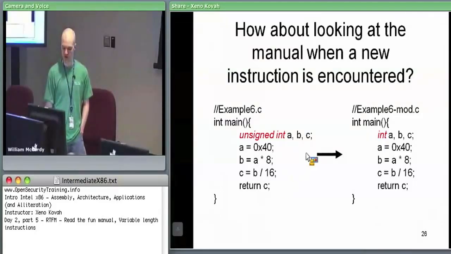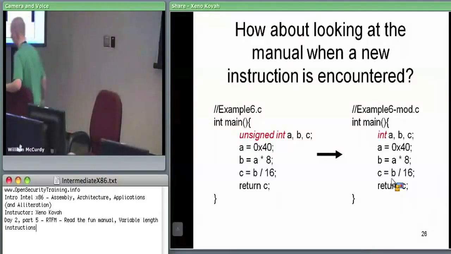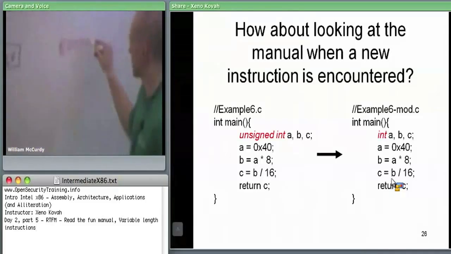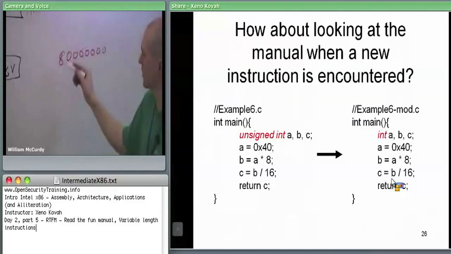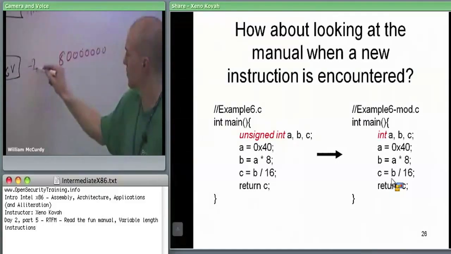If I turn those into integers, so signed numbers now, and I'm doing a multiply or divide, now the compiler has to generate instructions that say, well, if this A, B, or C turns out to be some negative number, and I'm dividing the negative number, so I'm shifting it right, I want to make sure that it doesn't have those zeros put in at the top. Because if I have a signed number and it happens to be negative, like we'll say the most negative number, which was 8,000,000,000, that was negative 2 billion, whatever. So negative 2 billion,